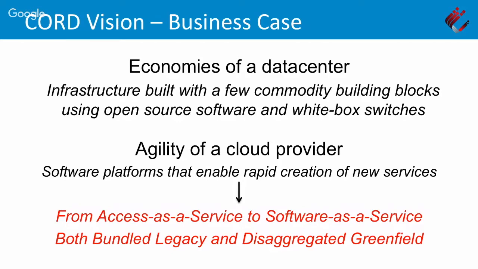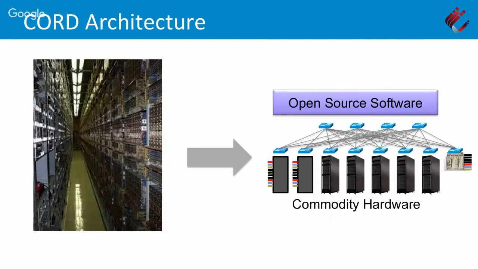So let's go to the architecture. So of course, the high-level picture is we want to transform that proprietary, 300 different heterogeneous devices central office that grew over the last 40 years into something that's built out of commodity hardware and open source software. Well, what is that transition? And the first part of that transition, as I indicated before, is an organizing principle.